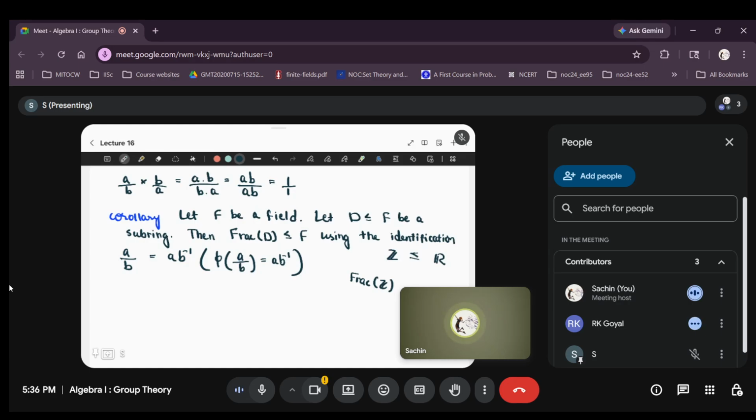Frac Z contains Z, but frac Z is not the same as Z. Frac Z is the set of rational numbers Q, but not all rationals are integers, right? So Z is contained in frac Z. Frac Z is the set of rational numbers. So this frac Z will be Q,